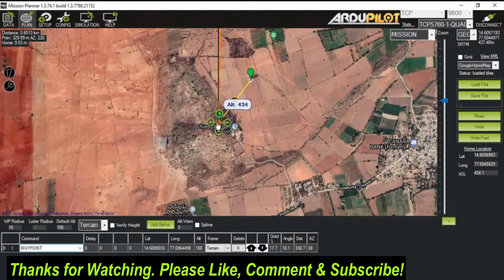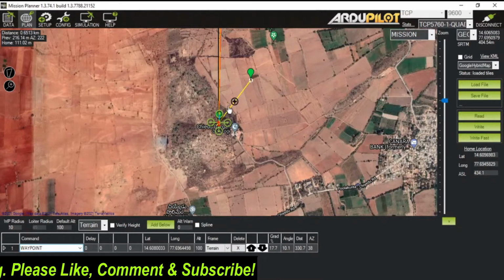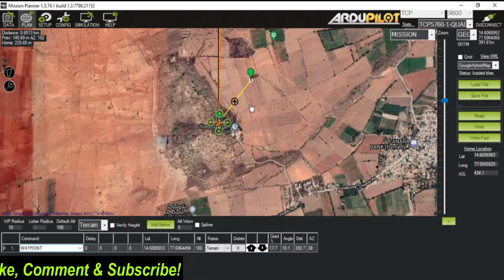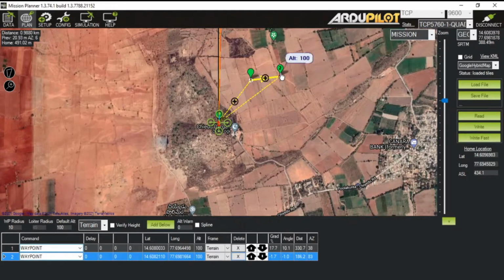So suppose your drone is flying from home towards waypoint 1. As soon as your drone enters into the radius of 10 meter around this waypoint, your drone system will assume that it has successfully reached waypoint 1, and then it will change its path towards waypoint 2, and that is your waypoint 2. So after entering into the circle of radius 10 meter, your drone system will assume that it has successfully come to waypoint 1, and then it will start flying towards waypoint 2. So that is what we call waypoint radius.